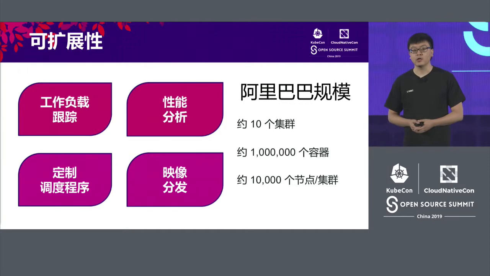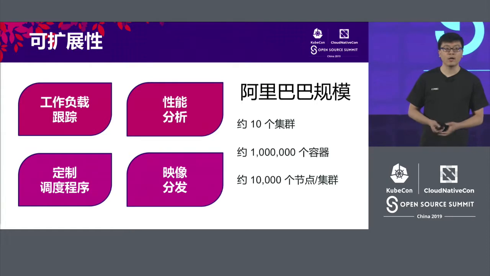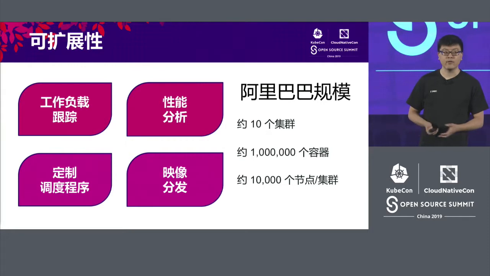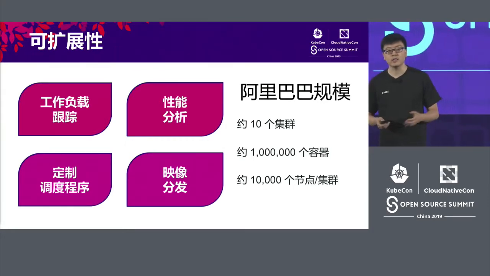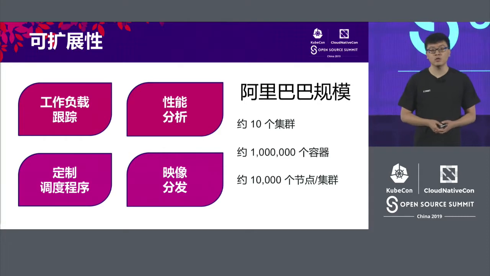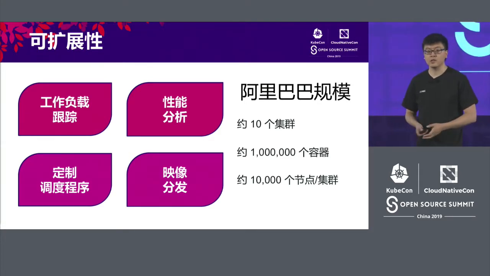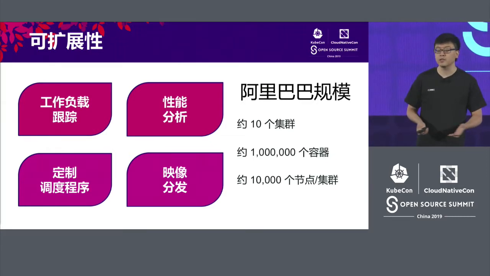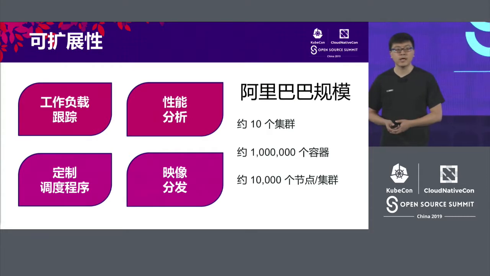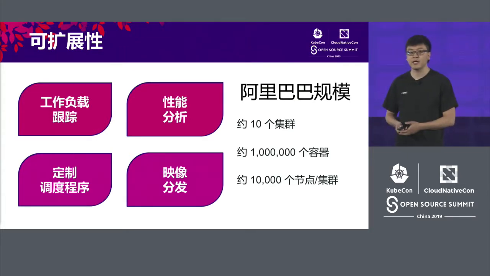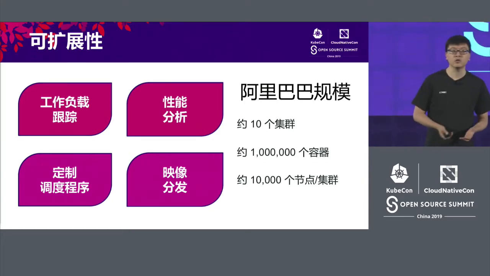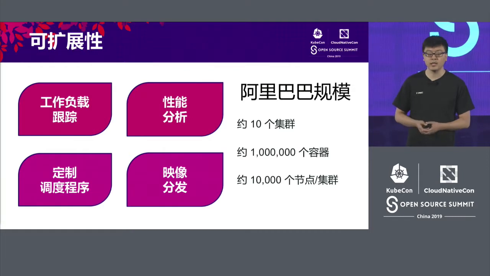And scalability. Scalability is an ongoing process. This is highly sophisticated. We try to optimize one thing, and the next day maybe another business is not so good. And there are several things. First of all, it's very important to follow the workload, and what is important, what is less important. When you have this information, you need to do performance analysis. A lot of people talked about performance and which one is the bottleneck. And in Ali Group, we want to use a fixed way to do analysis to find out the bottleneck